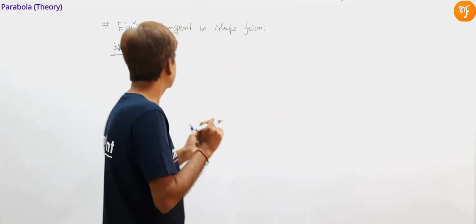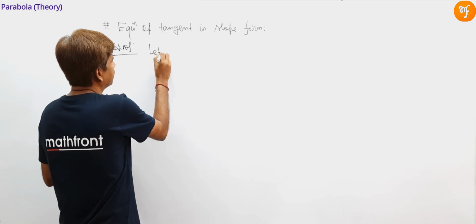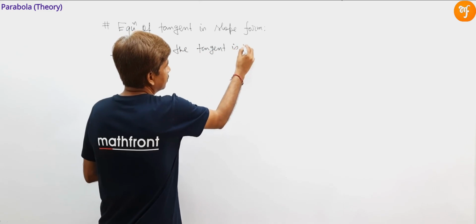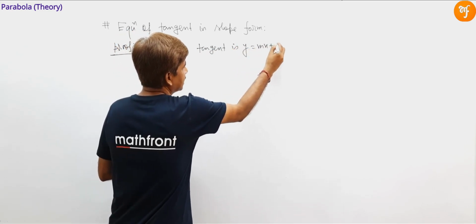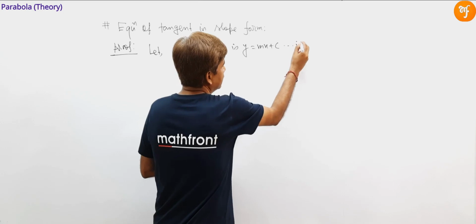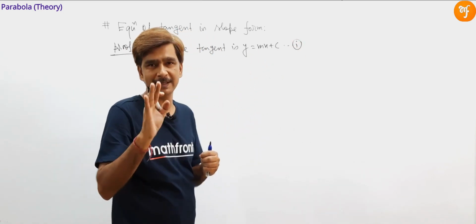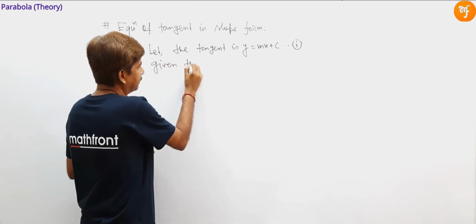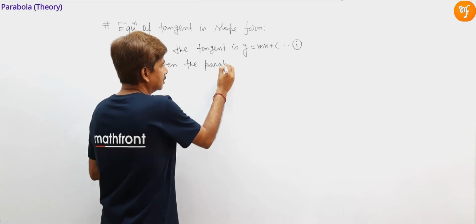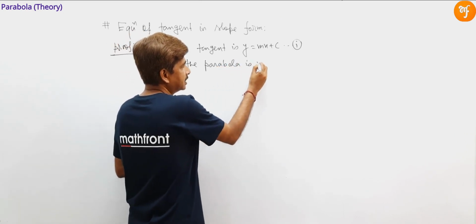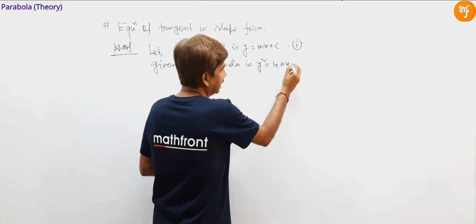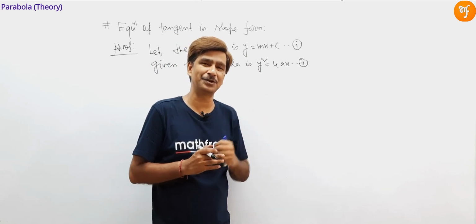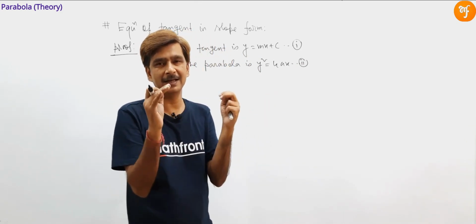Okay, so look, let the tangent is y is equal to mx plus c. So here m is known and c is unknown. And it is given the parabola is y square is equal to 4ax. Okay. Now, if we solve this equation 1 and equation 2, we will get a single value of x